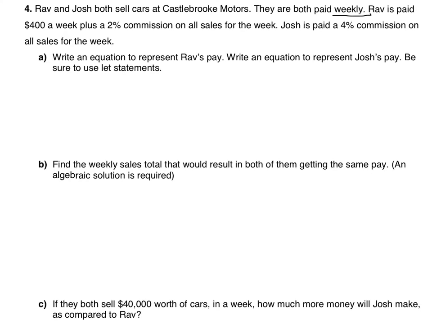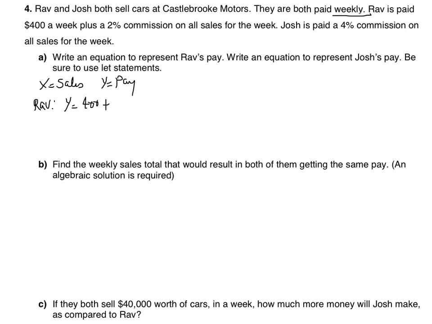First of all, since the pay depends on the sales, this means sales is independent and pay is dependent. So I'm going to use X to be the sales and Y to be the pay. So this means Rav's pay is going to be $400, the base salary, y-intercept, plus